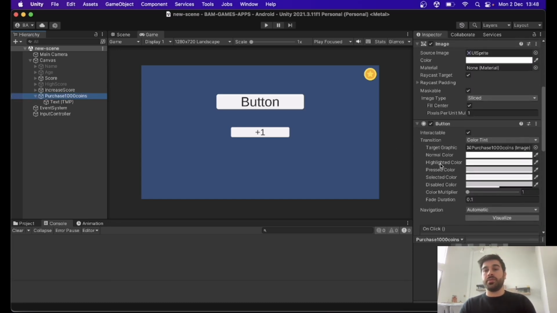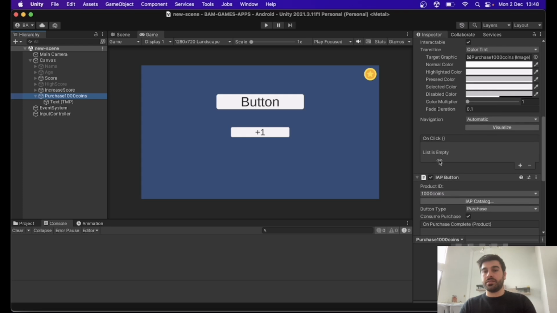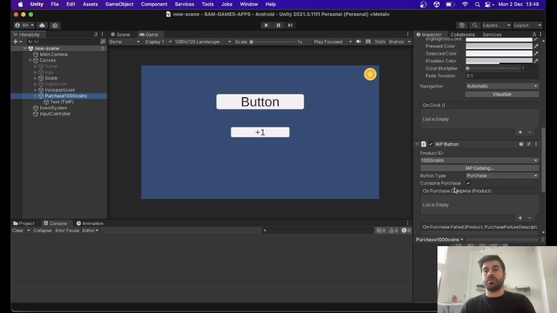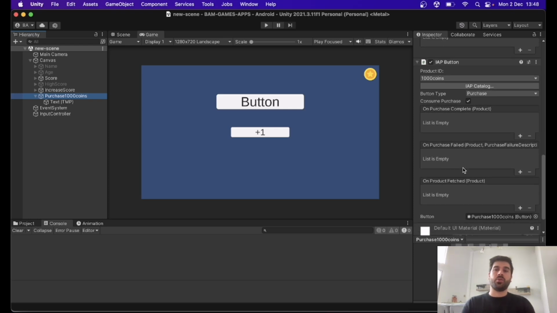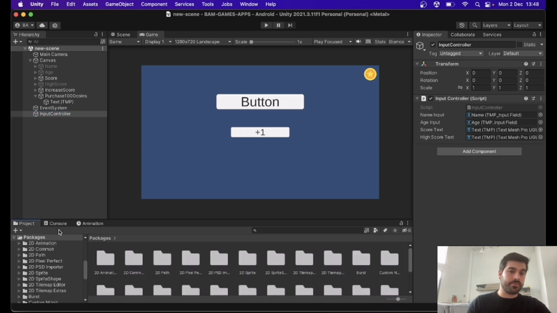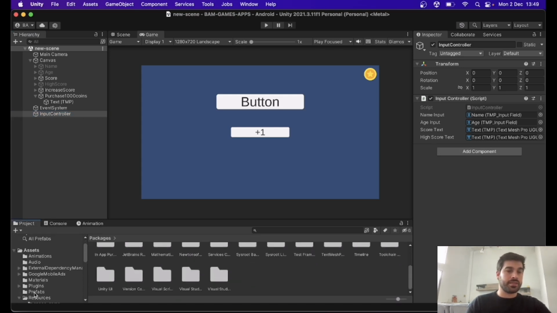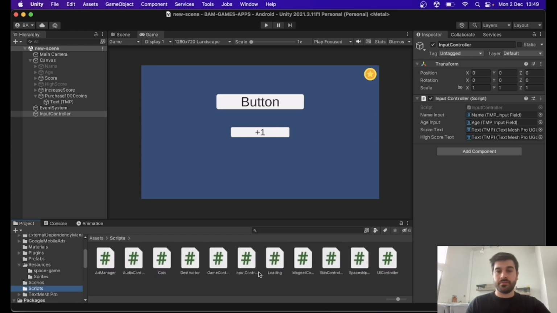So like this, we are configuring in this button the purchase of this product, 1000 coins. We will consume it. When purchased, we will automatically increase those 1000 points, and we need to configure the 3 events: when we retrieve it, when we purchase it successfully, or when something fails or the purchase is cancelled. So let's integrate these methods. Let's go to our script managing this scene and configure them. It's the input controller. So I will open in scripts, input controller,